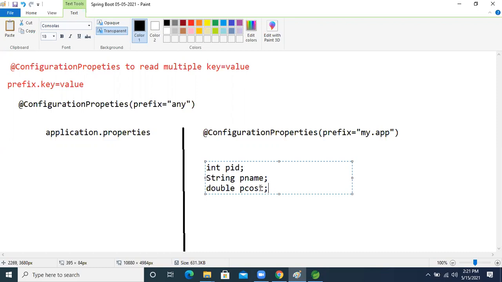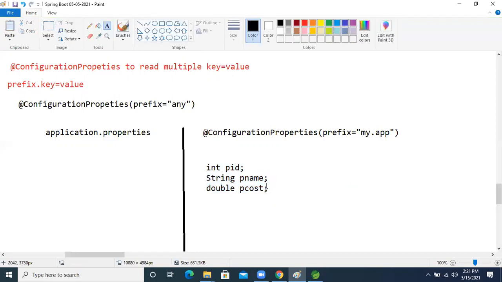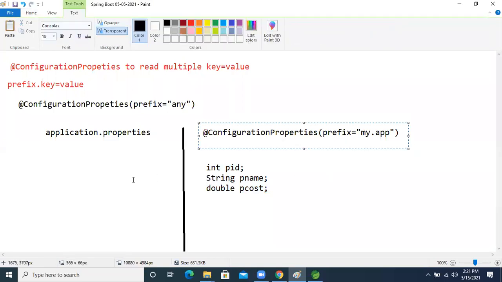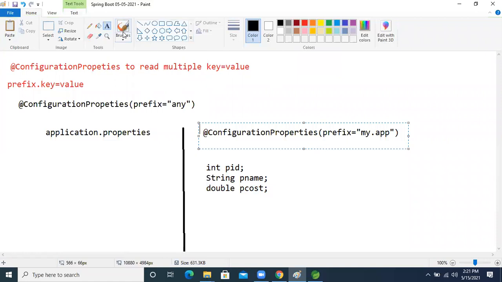So how will we write this property inside the class, using @ConfigurationProperties? Let's see that. Inside this property, what is the prefix?